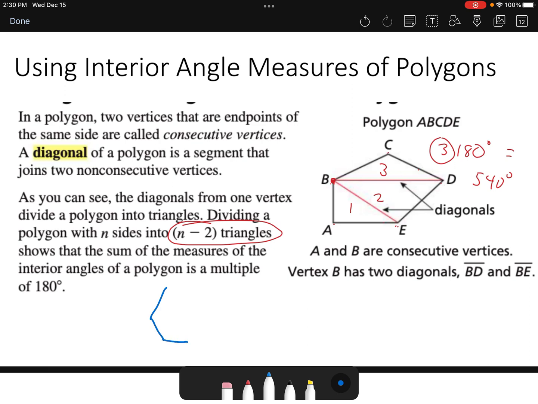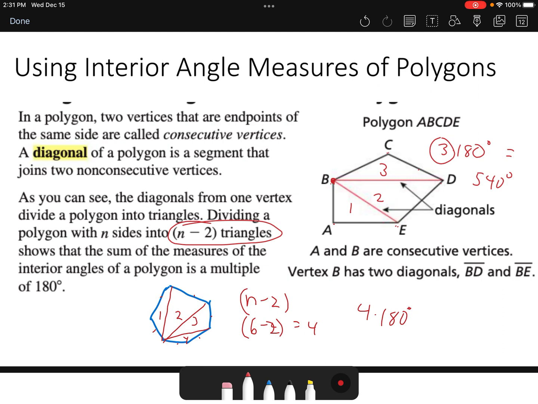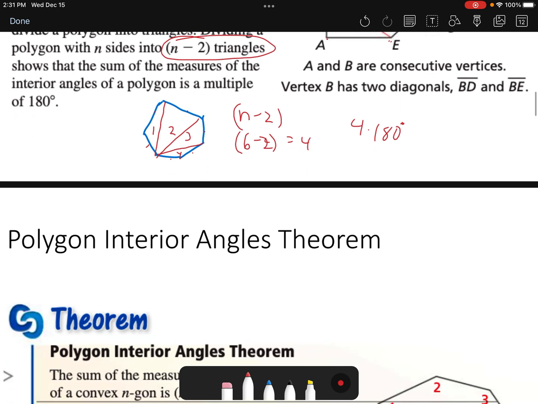So for instance now, let me see if I can draw a hexagon quick. 1, 2, 3, 4, 5, 6. Now let me draw in the diagonals there from one vertex. 1, 2, 3. That gives us 1, 2, 3, 4 triangles. Right? So n minus 2 in this case, 6 minus 2 is 4. 4 times 180 gives me the total degrees in a 6-sided figure,